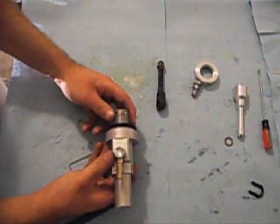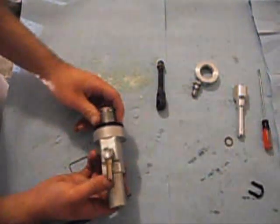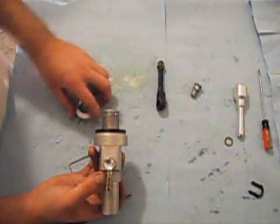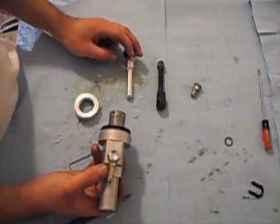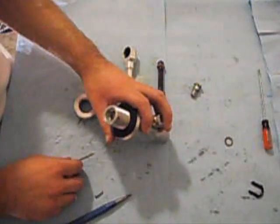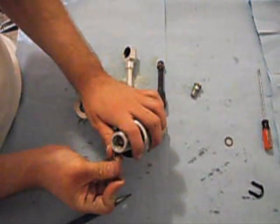Install this as you would. Put your clutch line on here, put your reservoir line on here. Install this in through the car. Once this is into the car, what you're going to want to do is from underneath the clutch pedal assembly, you're going to want to